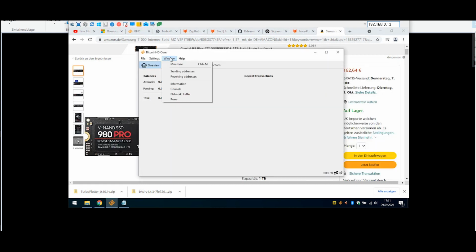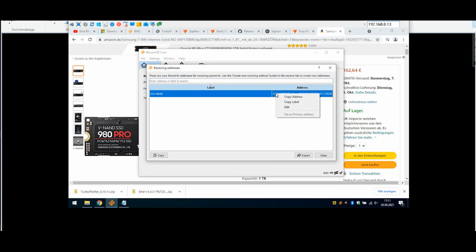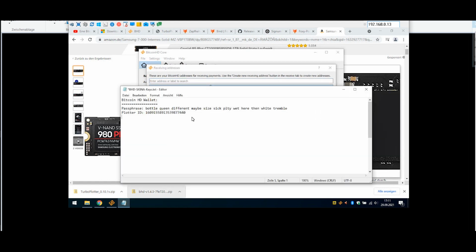I click on Window and Receiving Addresses. With a right click, I copy my address and paste it in my text file. I want to multi-mine Bitcoin HD and SIGNA. So I copy the passphrase,